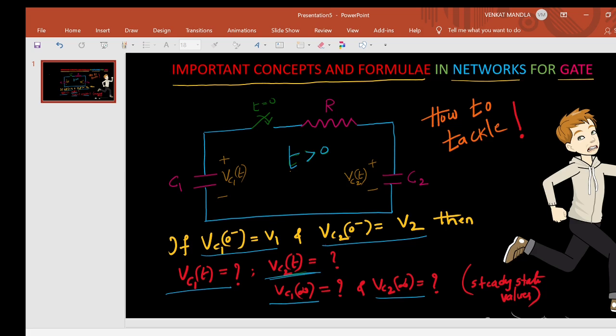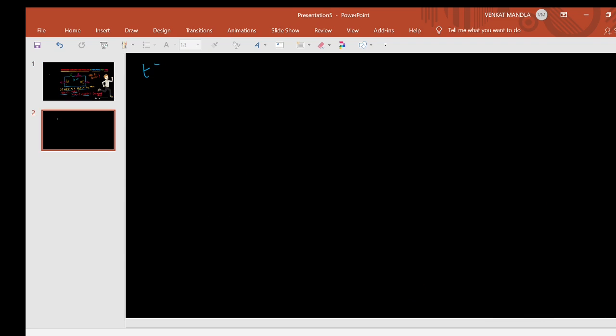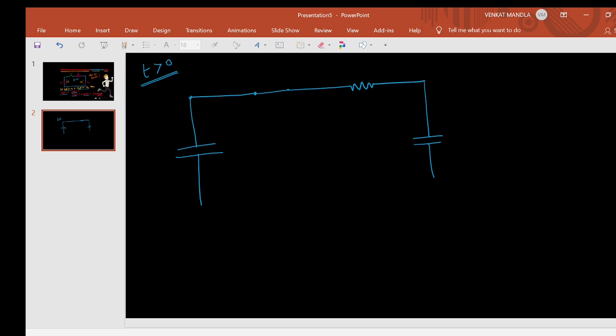Usually this type of circuit is called a tank circuit. Okay? So I'm drawing the circuit for t greater than 0. When t is greater than 0, the switch is closed, and this is the resistor, C1, and C2. Right? C1 and C2. But at t equal to 0 plus, that is immediately after closing the switch,